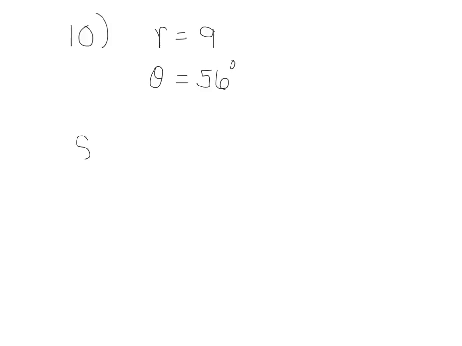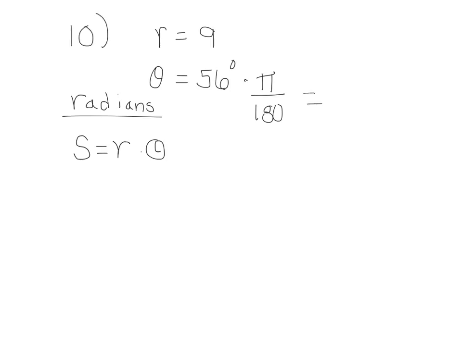Well, we've learned that arc length is denoted with the variable s, and it's determined by taking r times theta. But remember, for this formula, your angle measures must be in radians. So we're going to need to multiply this by pi over 180 to convert it to radians. Okay? When we simplify that, we end up with 14 pi